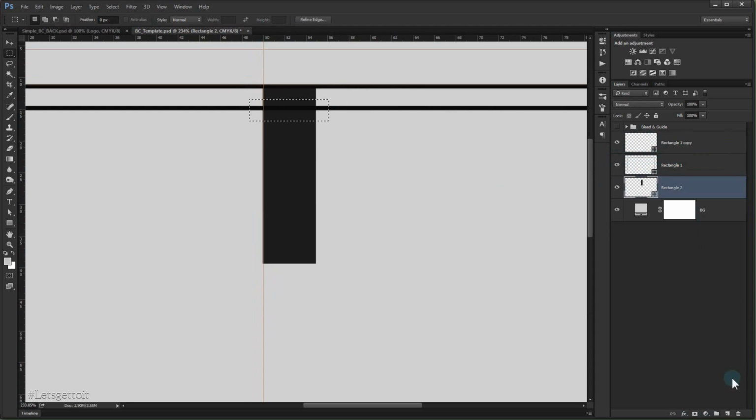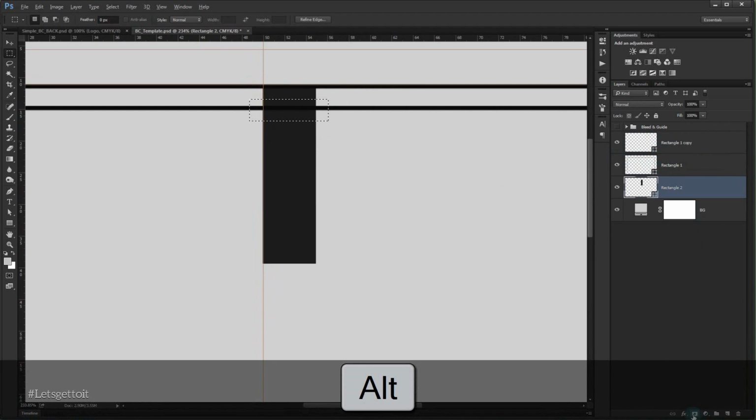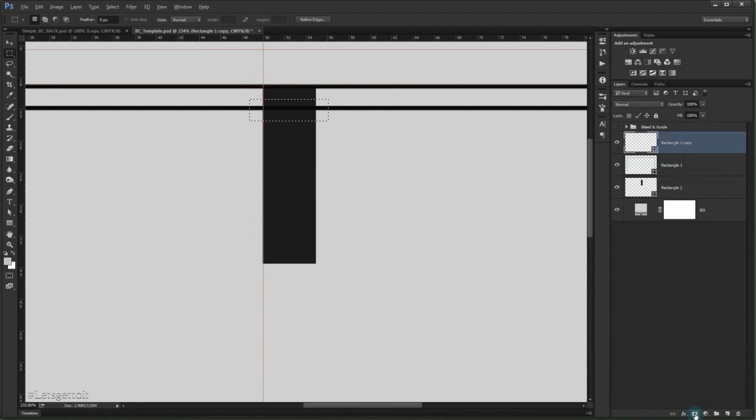See what I did in here? I just press Alt, at the same time I press on this layer mask icon in here, and you can see it will make it in white. Alright,